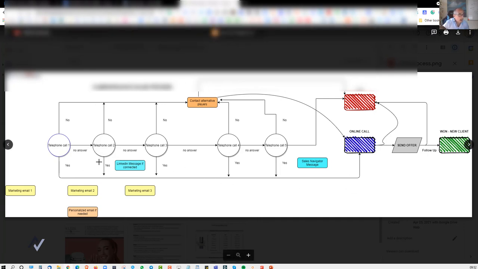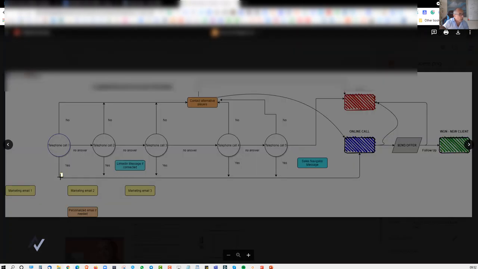So our methodology is to create 5 telephone calls. Here you see the marketing email. The marketing email is the email sequence that we created. The first email is sent prior to the telephone call. Then the first telephone call is placed, and according to the outcome of the telephone call, if you call and you manage to speak with the guy and he agrees on a discovery call,